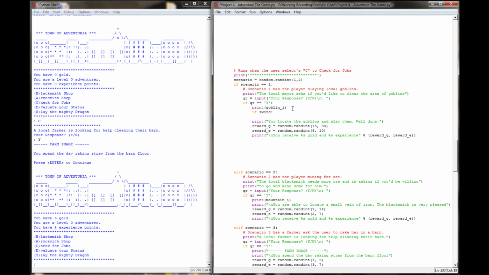In fact, maybe what we'll do is say if not sword. If not sword, as a line of code, says if the player does not have a sword. I had earlier named a variable sword and called it false. So when you start the game, sword equals false, and when you buy the sword from the blacksmith, sword gets set equal to true. So I can say if not sword, which is another way of saying if the player